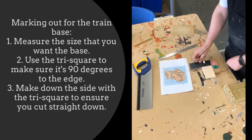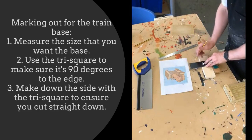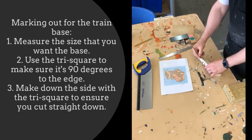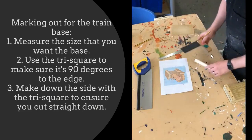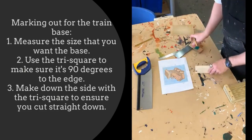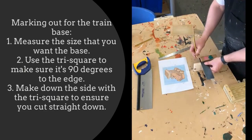I'm going to then use the tri-square, push the stock tightly against the edge of the piece of wood, and then make sure the blade's 90 degrees, and then draw a line. I'll mark down the edge of the piece of wood so that when I'm sawing I can check to see if it's going straight down as well. So do a little dot just so you can see, and then put your tri-square on, and then mark up